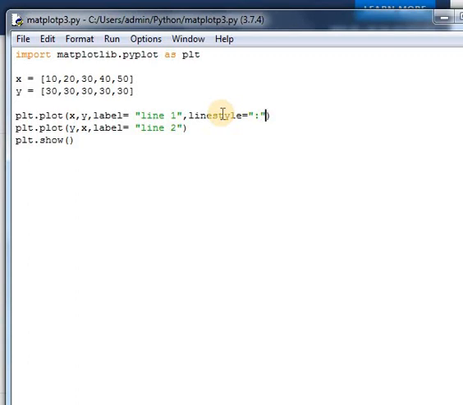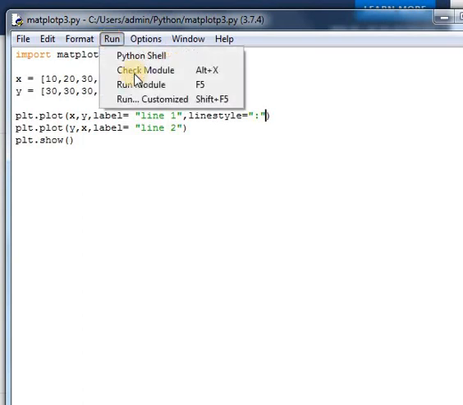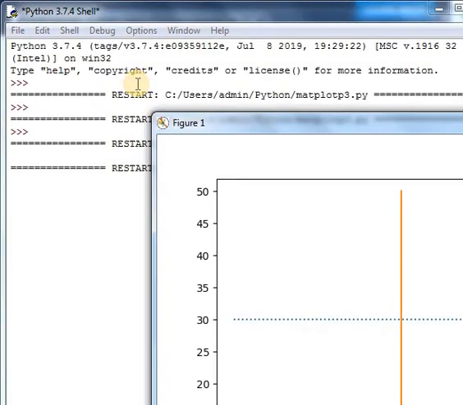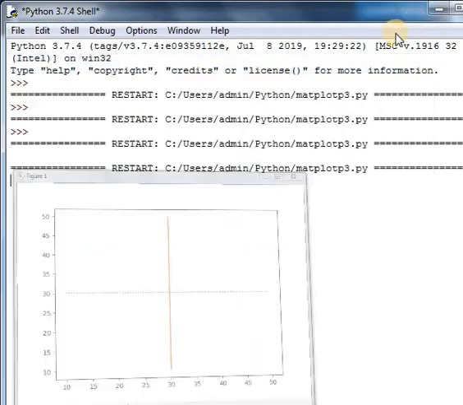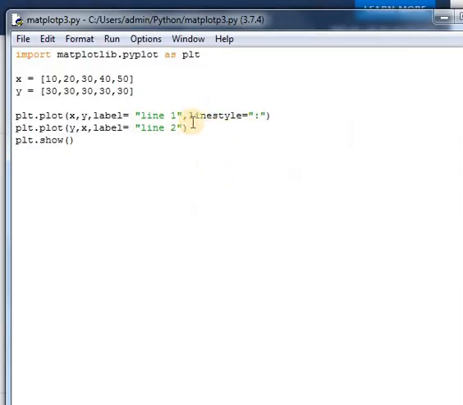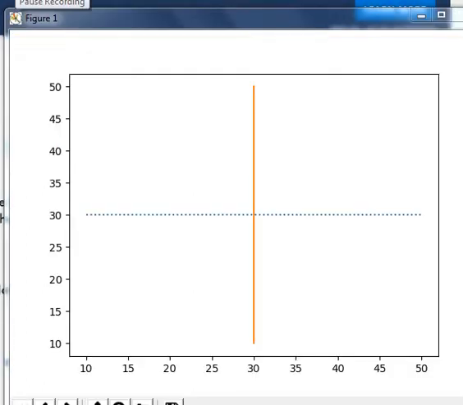Save your program, click on run and then run module, and here you can see that the line comes as a dotted line. If you want to give other symbols, you can also give them in the linestyle option in the plot function.